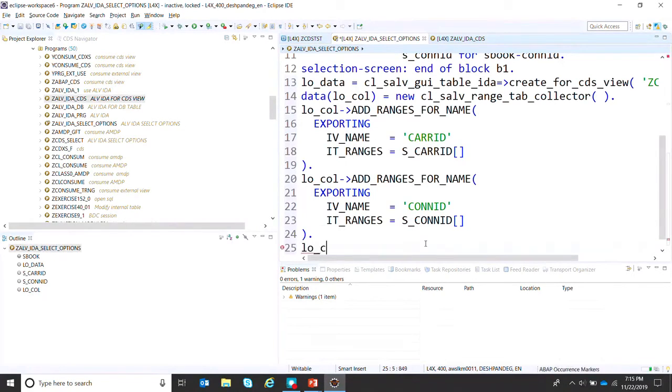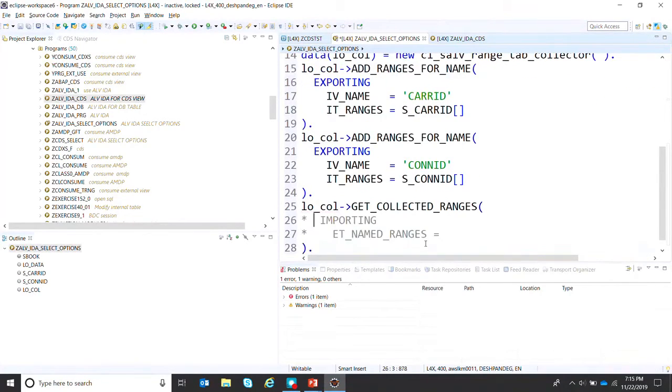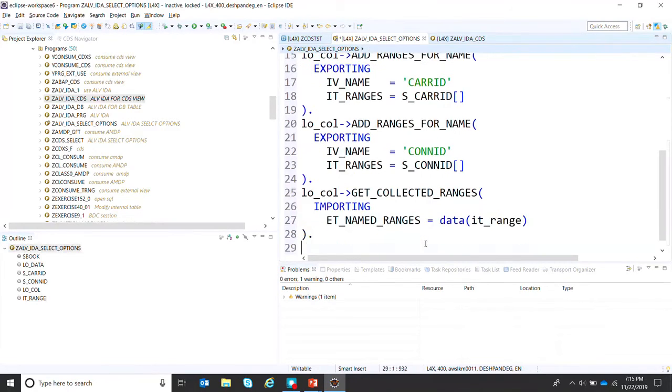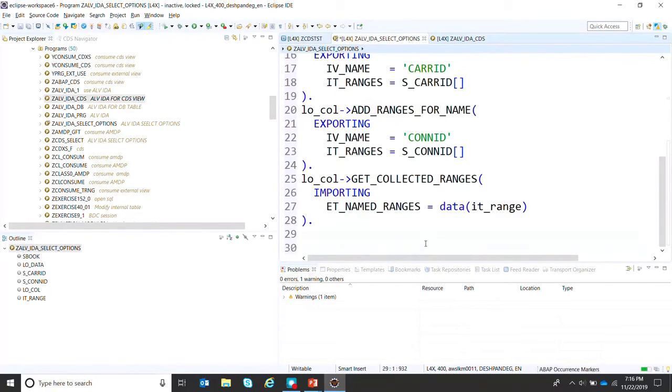So I am going to say lo_col collect_ranges, again shift enter, and here I am going to collect these ranges into one table. Any table, so I will give the name as it_range. So I am going to collect this into this table it_range, and now I am going to pass this table it_range to this lo_data. So I will say lo_data,